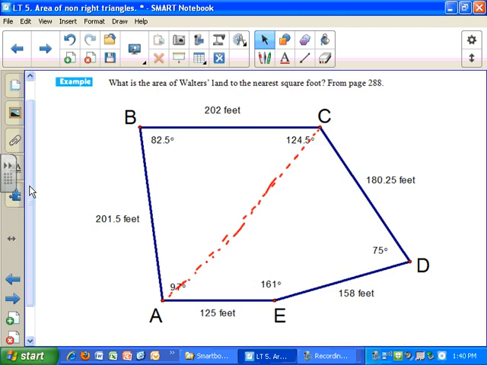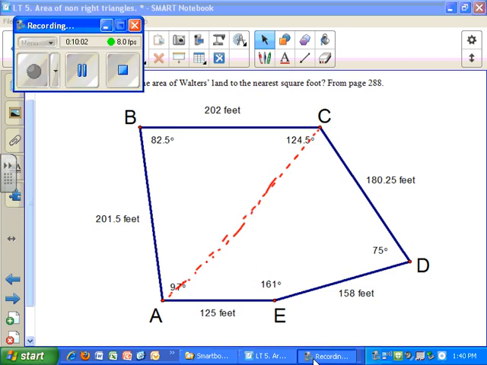Okay. The next video is going to have the example on the next page about the area of a segment of a